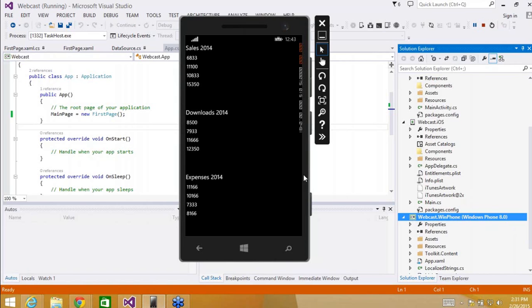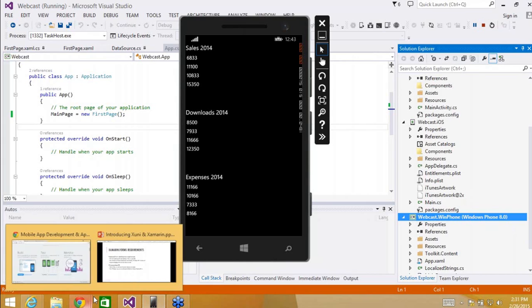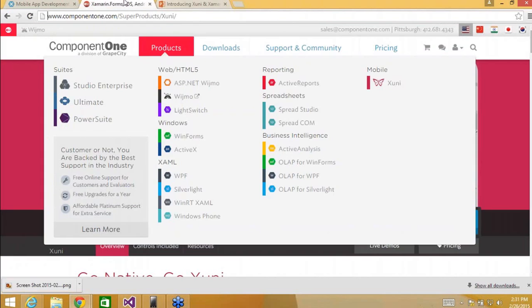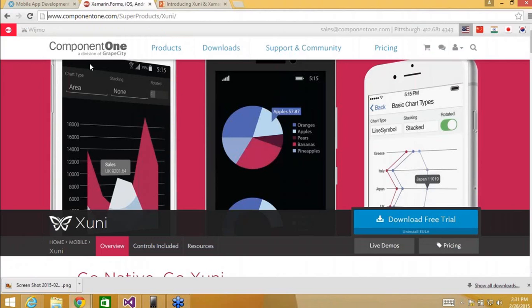I'm going to go ahead and take the sample that Kelly was working on, and we see here, in my mind, I'm seeing 3 series all with some data. So I think that maybe a bar chart or a column chart might be a good visual representation here of this data set. To begin, if we want to add Xuni to this application, we first actually have to go get Xuni. You can go to our website,